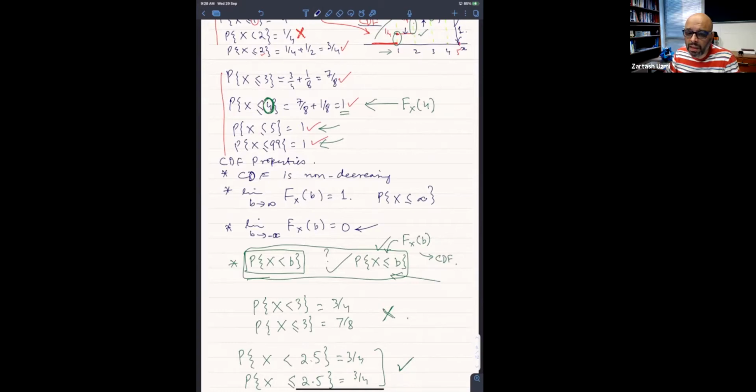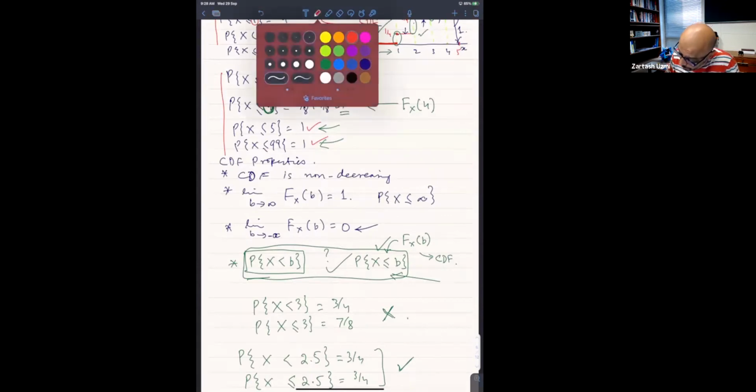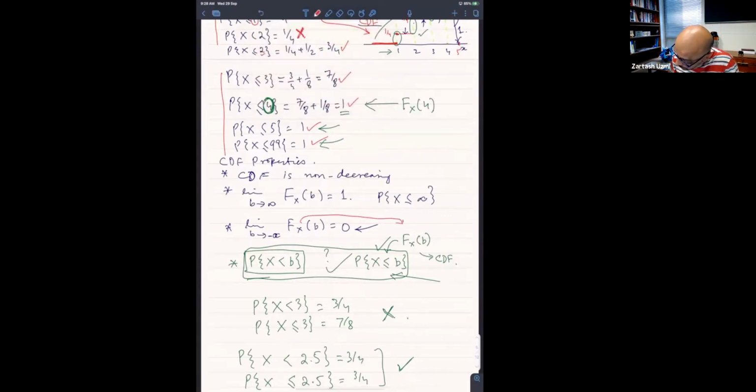नहीं, रैंडम वेरिएबल क्या वैल्यू ले रहे हैं? ये जो यहाँ लिखा हुआ है, F_X(b), this is the probability x takes a value less than or equal to b according to the definition of the CDF. तो अब आप बताएं, आप क्या कह रही हैं? x जो है एक इंफिनिटी की वैल्यू ले रहा है।